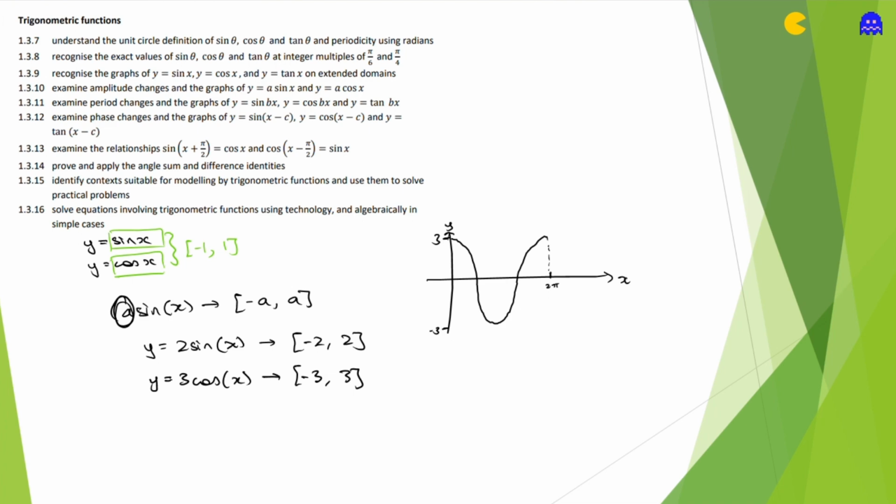In the case of tangent graphs, which look like this, we can see that there is no amplitude because our tan graph increases infinitely in both the positive y direction and the negative y direction. It is not associated with an amplitude. Amplitude as a concept only applies to sine and cosine graphs. So we've had a look at amplitude changes. Now let's take a look at